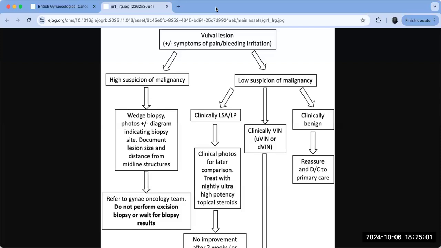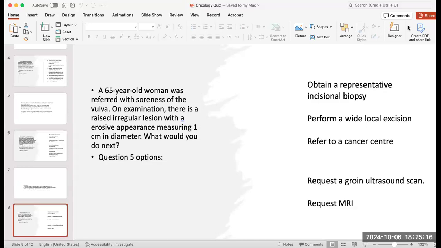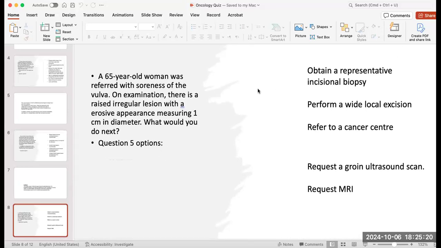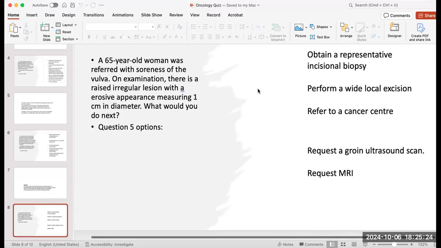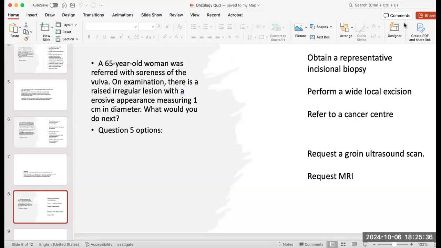Okay, let's continue. A few questions before the first break today. So our friend here, what is the answer to this question? I hope that you can see the question now on the screen. Well done. So you've noticed here they used the term representative biopsy, a representative biopsy, incisional biopsy, right? So everybody now is familiar with the change in the description of the biopsy type. It doesn't matter: representative is like incisional biopsy, is like punch biopsy. They use this in